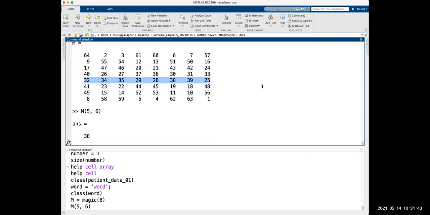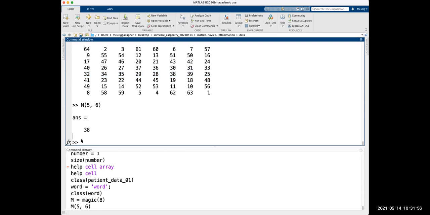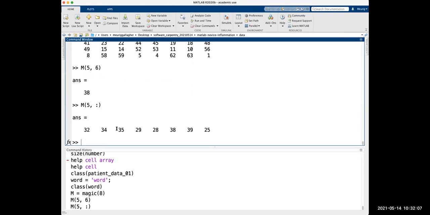How would we access that whole row? We could build up an array where we build up the fifth row, first column, fifth row, second column, fifth row, third column, but that's going to really take us a long time. Or we can use a really useful command, which is colon. So we can say we want the fifth row, but we want everything, all the columns, and then we close it, and that gives us our entire row.